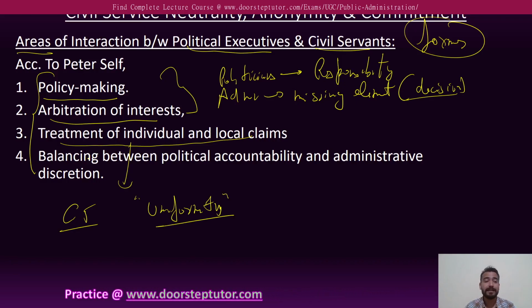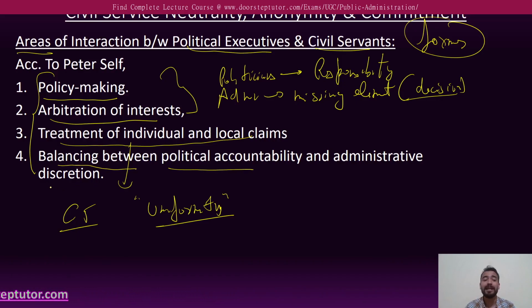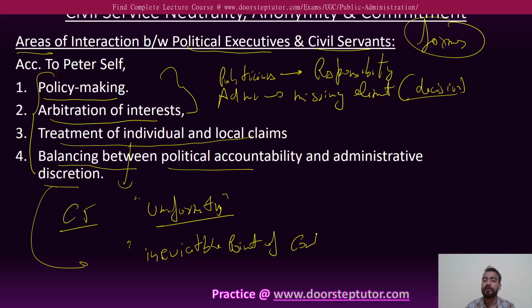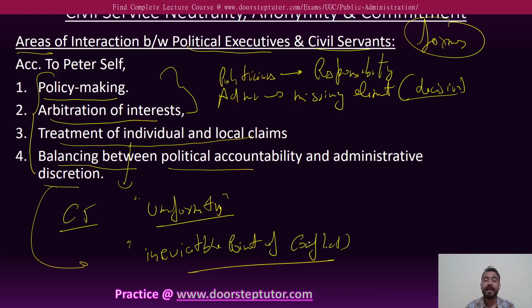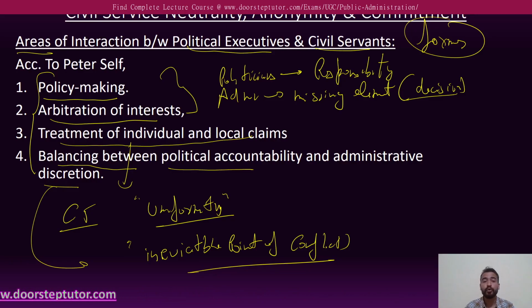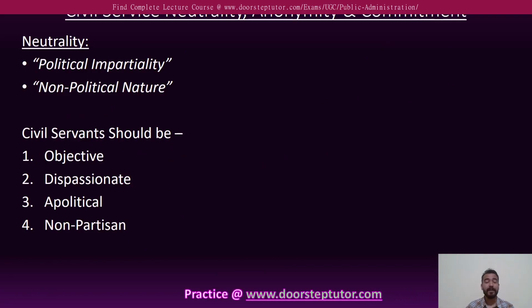The fourth area is the balancing between political accountability and administrative discretion. It represents an inevitable point of conflict between the political executives and the civil servants, given the needs and the interests of both groups. Now when we talk